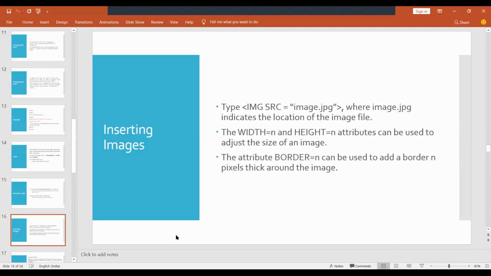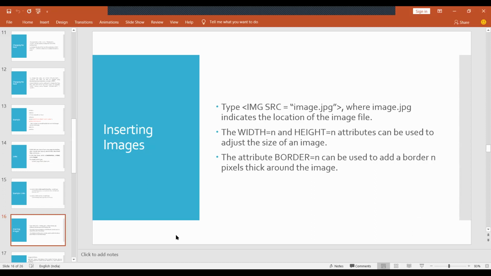After that we have the tag to insert an image. To insert an image we use img src equal to image.jpg. It means first of all we write down the image name with its extension. So all those tags we completed in the last lab session.